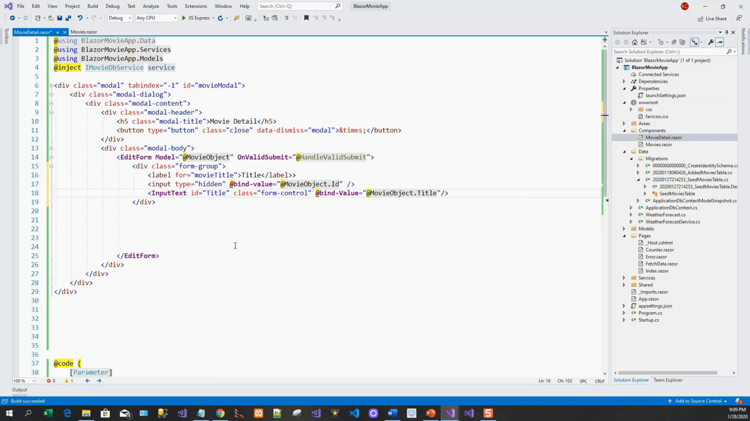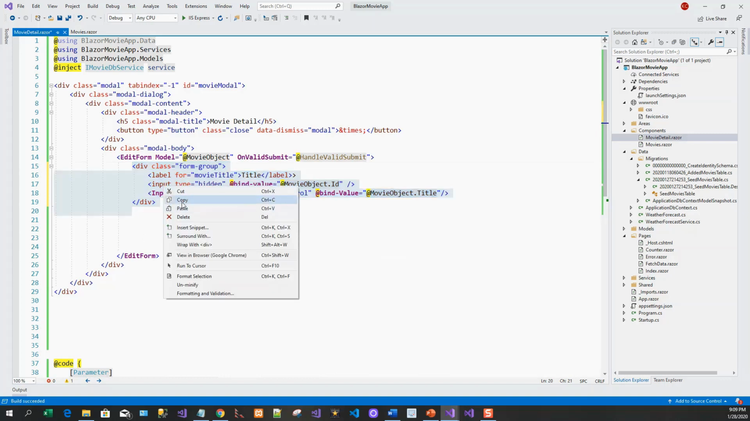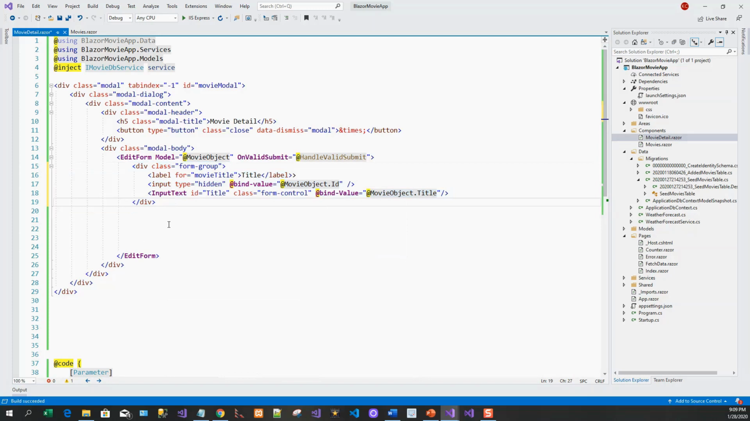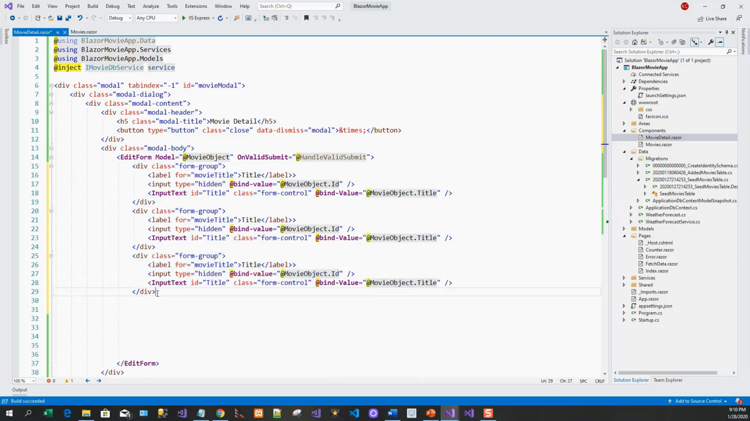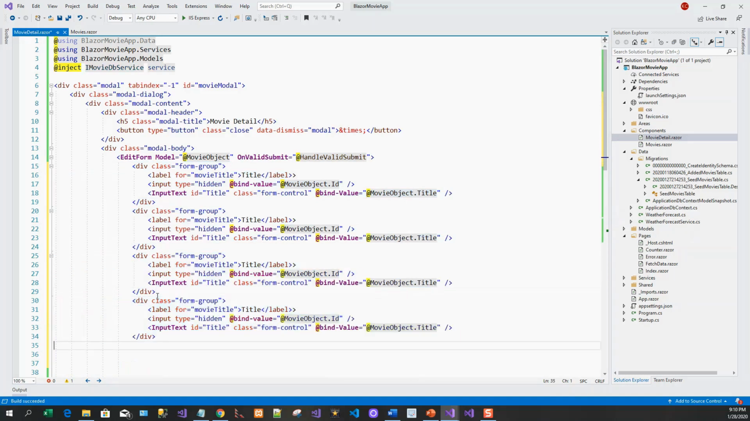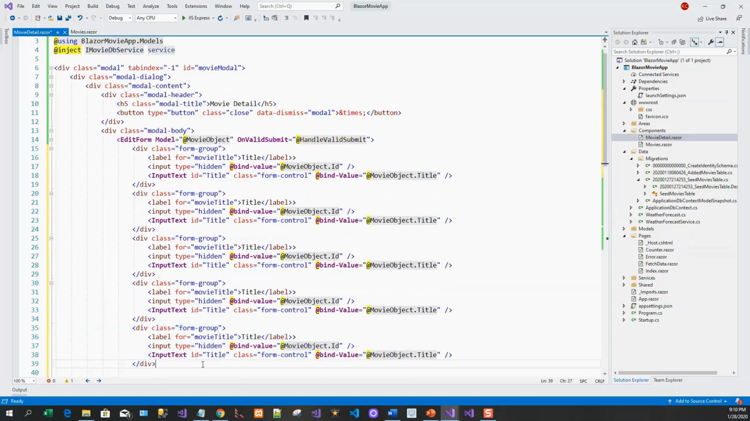And then, to save a lot of time for the sake of brevity, I'll just copy it over and just paste it. And all of these, and then I will make necessary changes to show all the properties of the movie class in a tabular form. Okay, so first one was ID, and then this one was actually the title, and this is release date. So I will call this